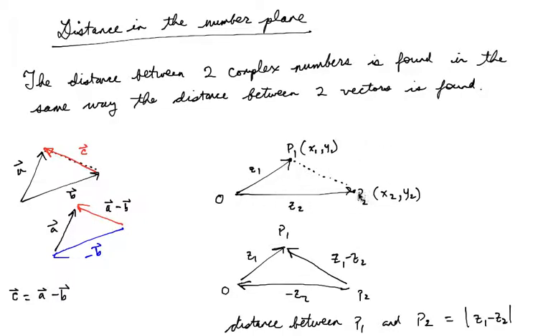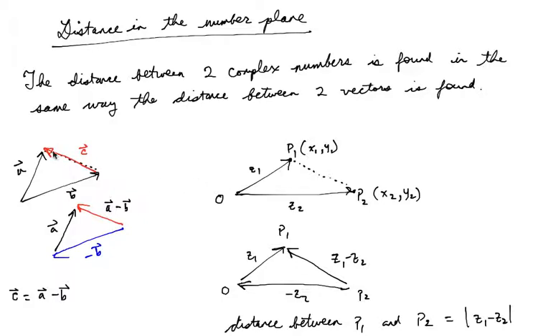If I have two vectors like this, and I need to find this distance, well, if I can create a vector between these two points, then I can find the magnitude of that vector, and that value, the magnitude, would be the distance between those two points, right? Between those two vectors, or complex numbers. So we do it in exactly the same way that we find the distance between two